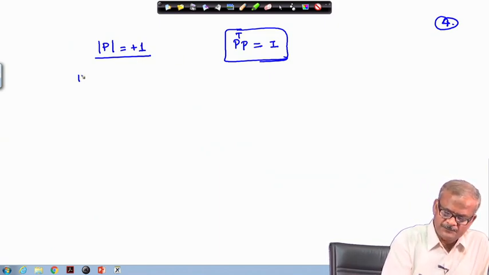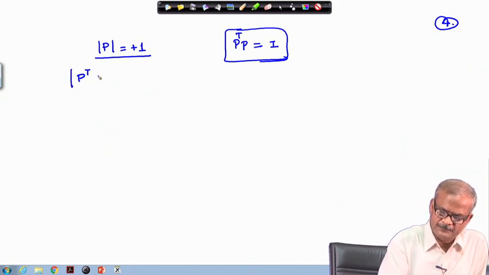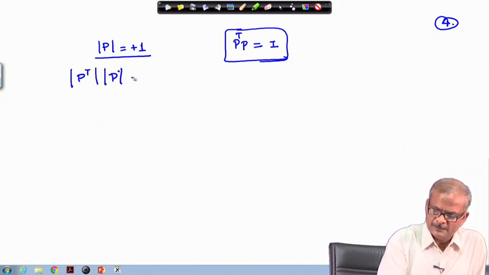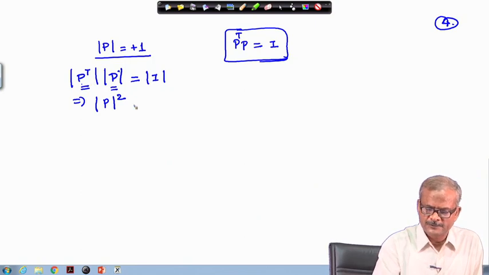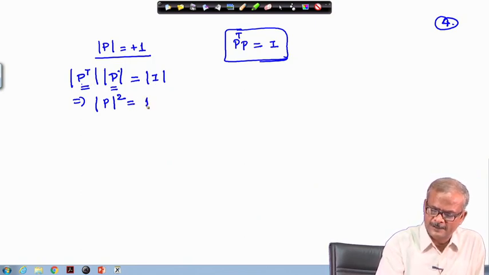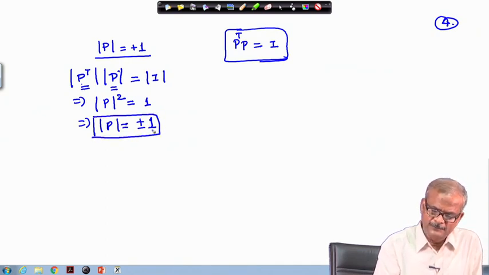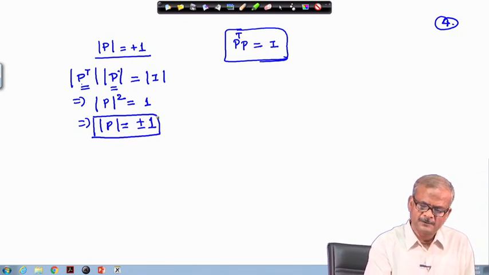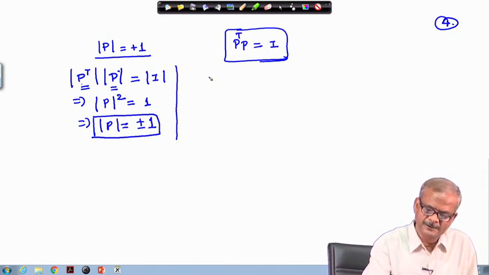So, we start with this P tilde transpose, if we take the determinant of this. So, this will be the determinant of P tilde, and this implies the determinants are the same, okay. Taking transpose does not change the determinant, and on the right hand side we will have 1. So, this implies determinant of P tilde equal to plus minus 1. Now, out of this plus and minus, we need to stick with plus 1. It will be clear when you look into the case when phi equal to 0.